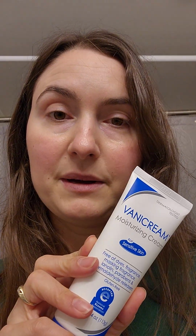I'm going to save it for travel, since it's a smaller tube. But I prefer the CeraVe moisturizing cream for my body. I just think it's a more sophisticated formula. It has more ingredients, and it doesn't irritate me, so that's good, because I like that it has hyaluronic acid. I like that it has ceramides and different things like that, instead of just basically being water and mineral oil. But I hear that this is really, really good for eczema. So,